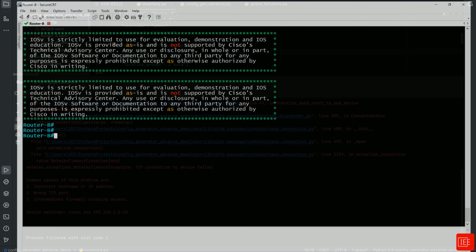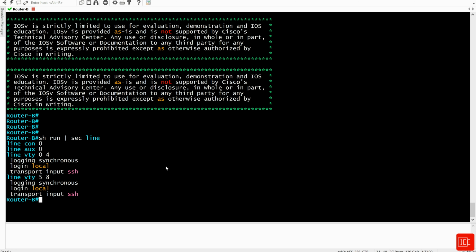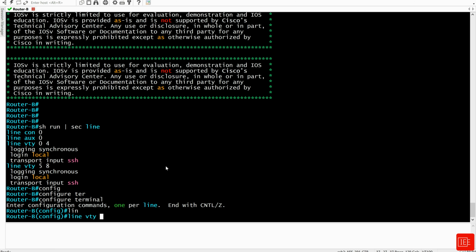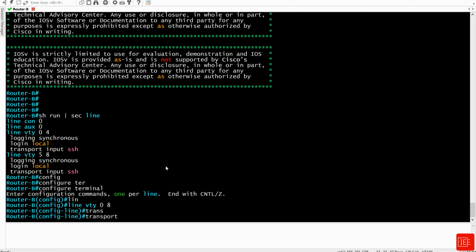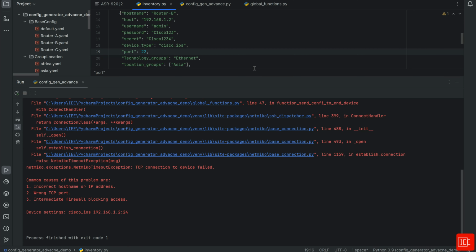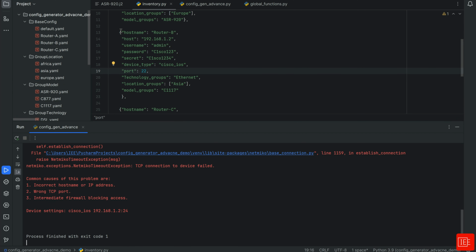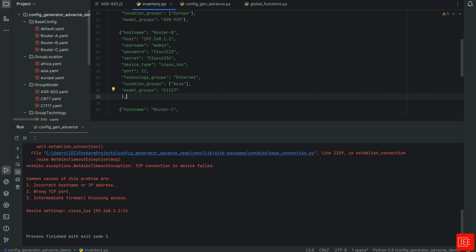And what I'm going to do next is go back to my router and change the transport input from SSH to just telnet. So if I say show run include section line, and then I'll say configure terminal, line VTY 0 28, and I want to say transport input telnet. Right now, my inventory looks good. And if I were then to execute this,